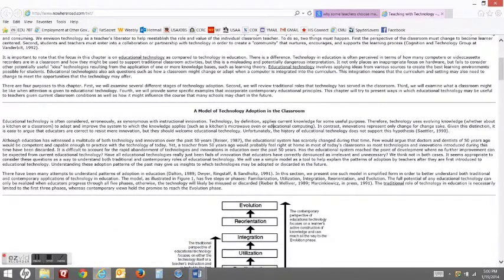Well, here's a model of technology adoption in the classroom. Education erroneously is synonymous with instructional innovation. To adapt, therefore, involving knowledge, whether about a kitchen or a class, to adapt, improve the system to which knowledge applies.